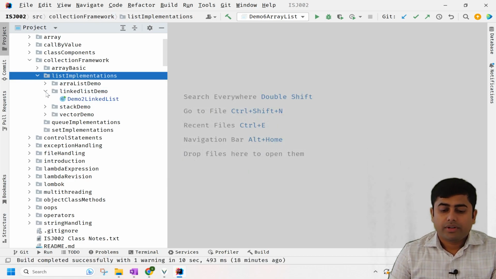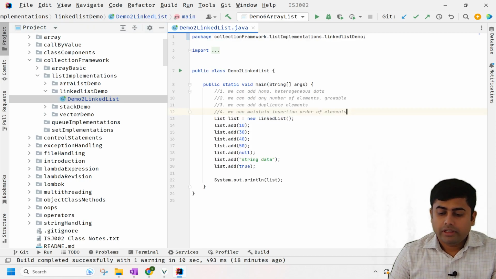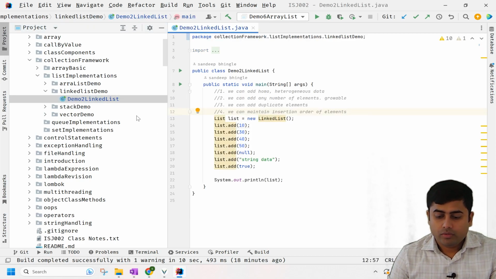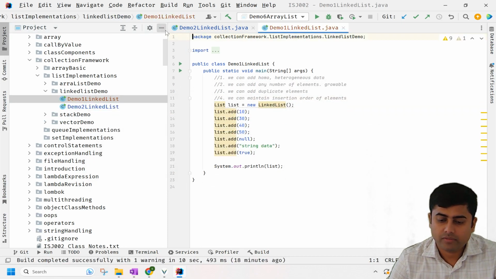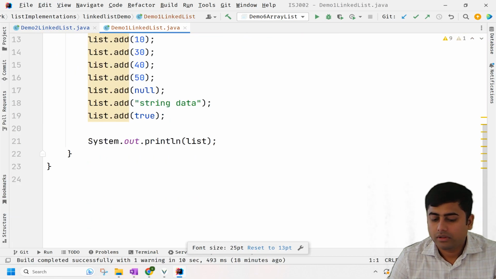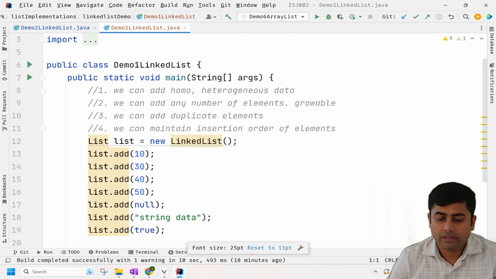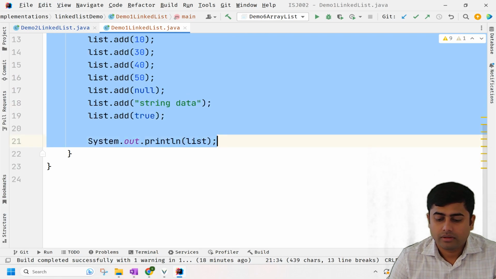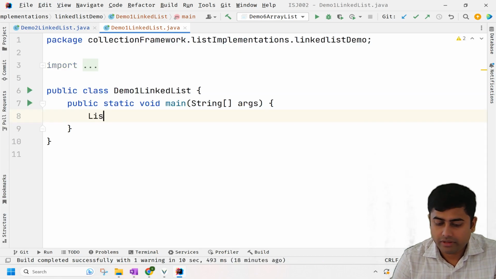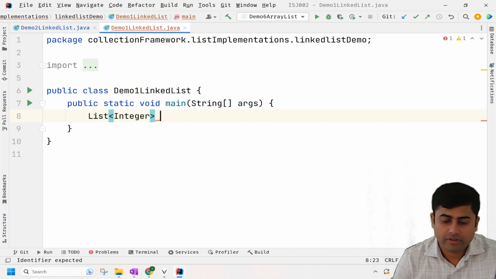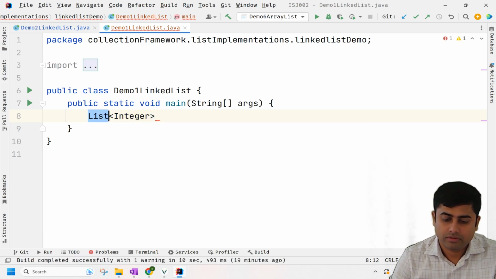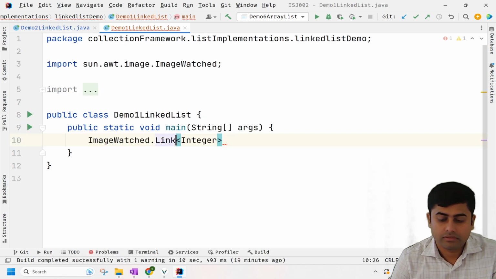Right? All the operations that we are able to perform on the array list, we are able to perform on the linked list also, as well as vector। मतलब सारों में सारे operations आप perform कर सकते हो। Let's say I want to remove the elements, or I want to have the list of elements, all the things you can perform। Let's say I have a list of integers, and there you can specify linked list also।